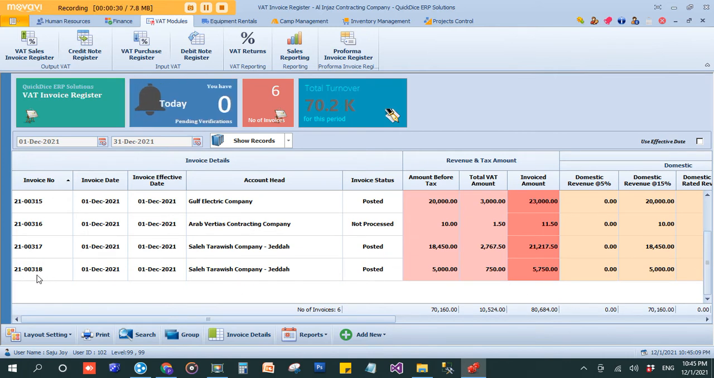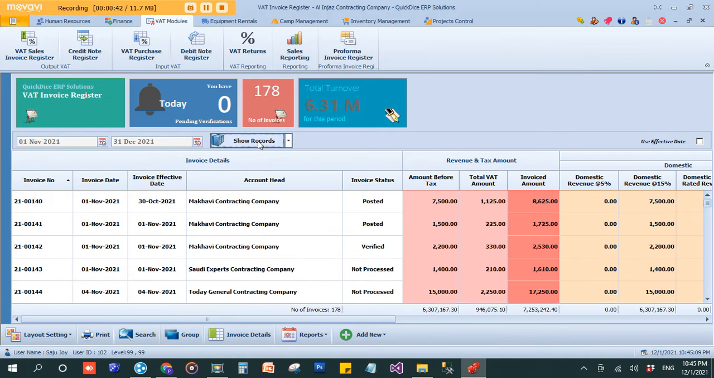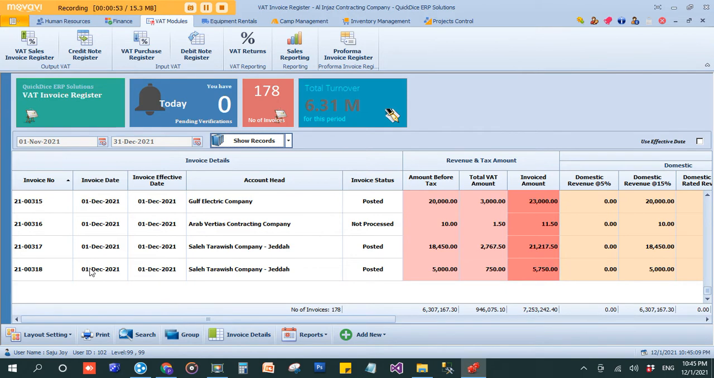and the last invoice sequence is 318. Now, if you want to change the time period, you can go and change it as before. Let's say, for example, from 1st of November to 31st of November. I have raised 178 invoices. I have a turnover of 6.3 million, and all the invoices are listed out here. This sequence of invoices are listed here,